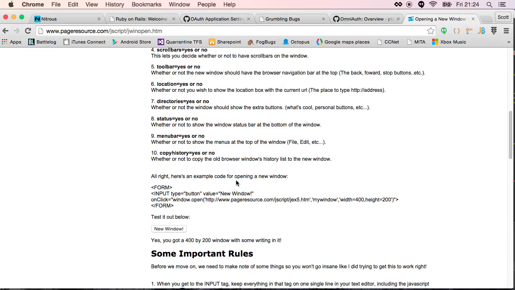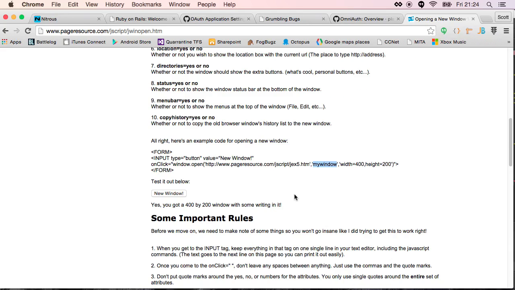Okay, so here's an example code for opening new windows: input type button, value new window, onclick window.open, my window, width and height. So basically we're going to copy essentially this code and throw that into